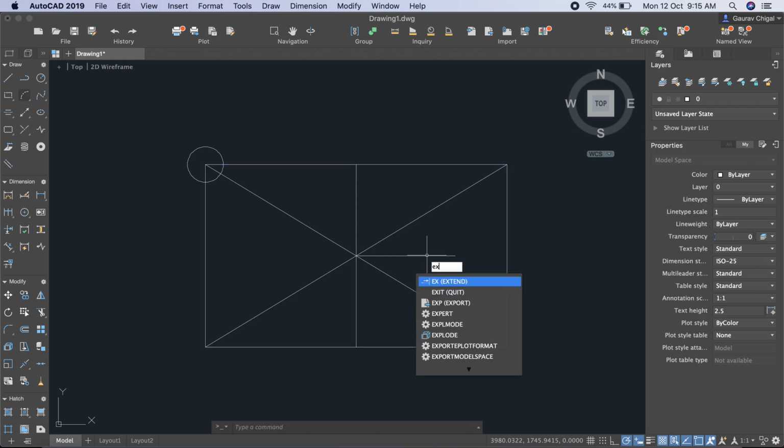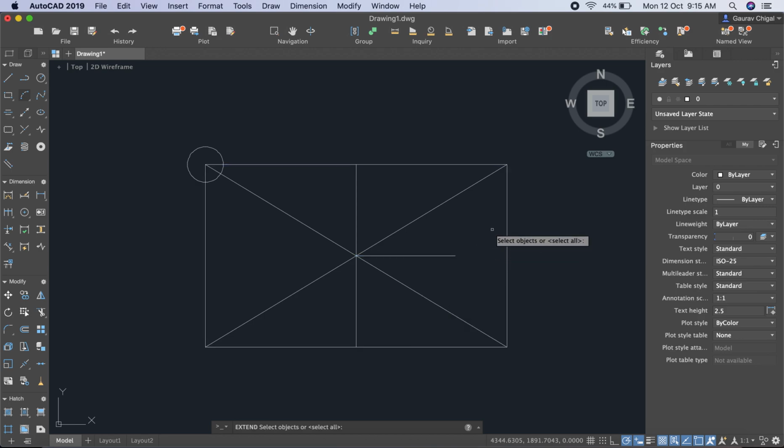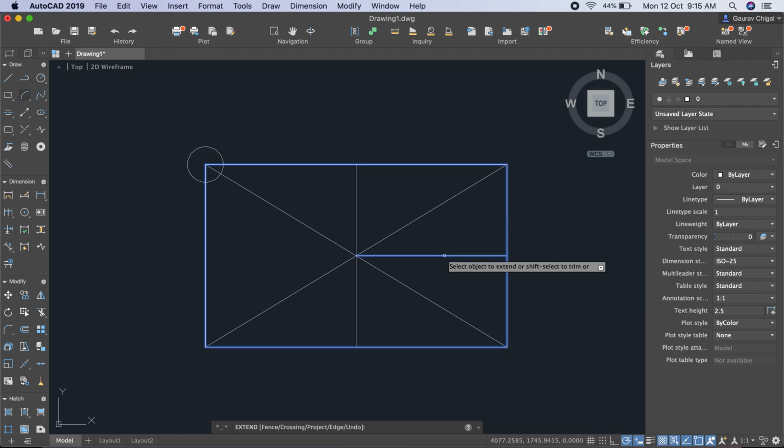Let us say again EX, enter, select the object, then again enter, select the object you want to extend. So you can see easily here when I hover my mouse on this line which I want to extend to this base point, your line becomes complete. So this is how you can extend the unextended lines to the base point.